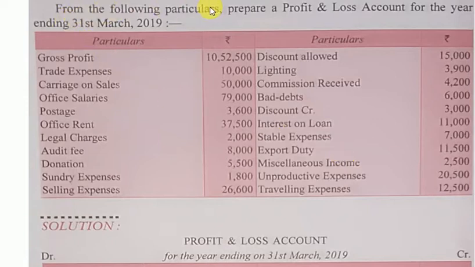From the following particulars, prepare the profit and loss account for the year ended 31st March 2019. The information is given below. The gross profit is 10,52,500. Trade expenses are 10,000. Carriage on sales is 50,000. Office salaries are 79,000. Postage is 3,600, office rent is 37,500, legal charges are 2,000, audit fee is 8,000,